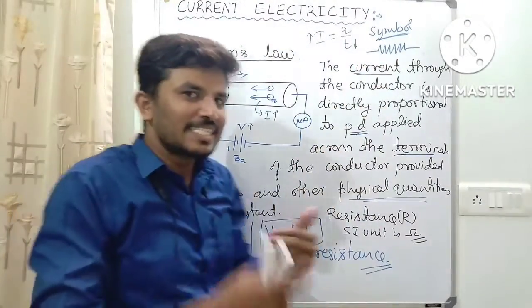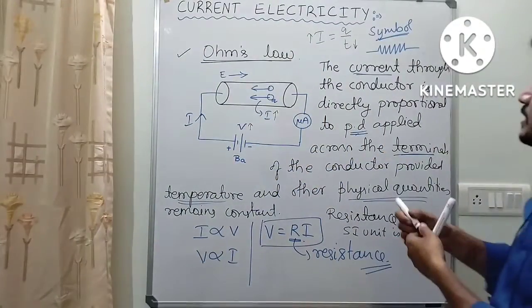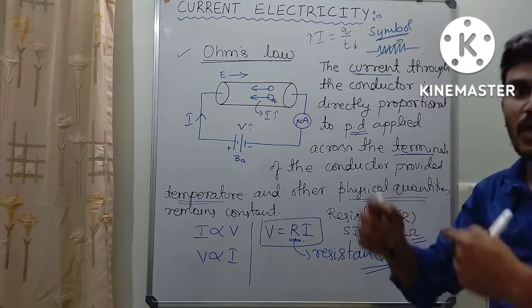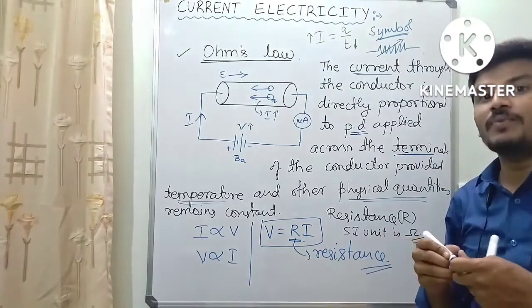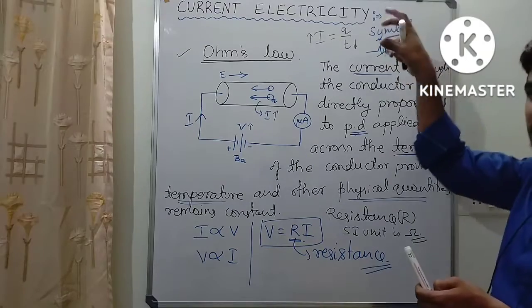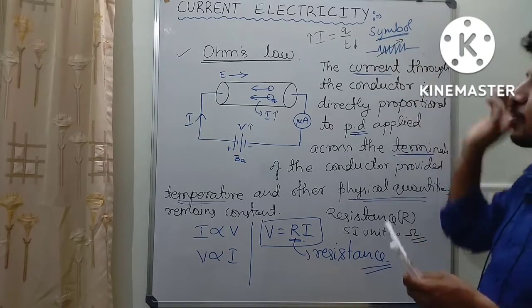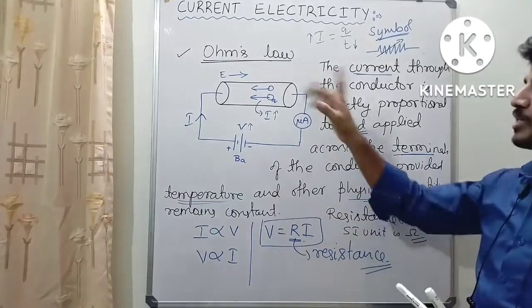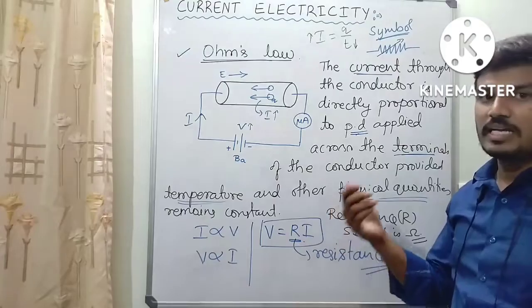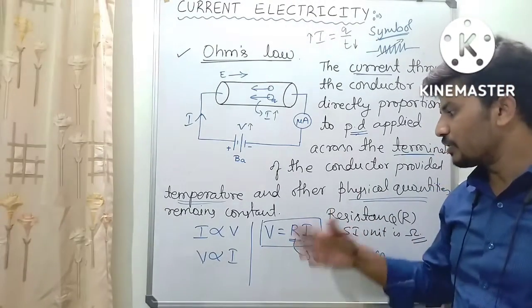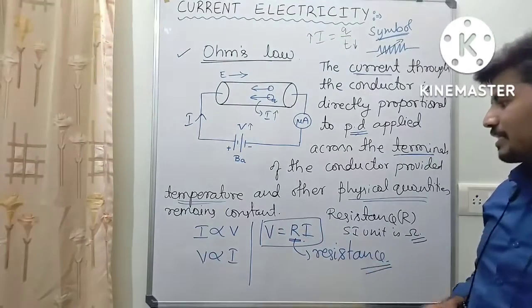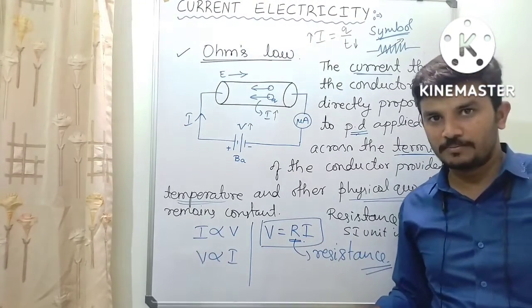If the resistance of the resistor is varying, then we represent it like this. This represents the variable resistance, which means we can vary the resistance of the resistor, like 2 ohm, 3 ohm, 4 ohm. If not, we don't use this arrow mark. So this is all about Ohm's law, dear students. You can expect numerical questions based on Ohm's law in the board examination, so it is very important. Do remember this: V is equal to IR. R is a constant called resistance, and it is constant for a given material.